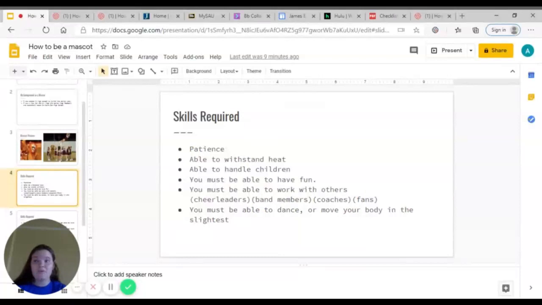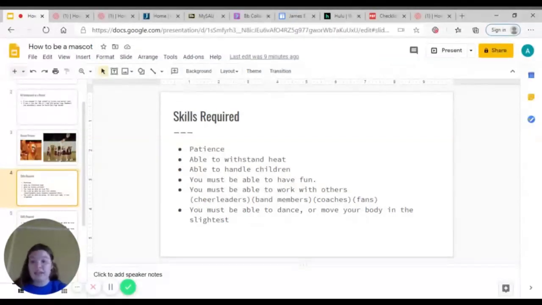I believe that whenever people think of mascot, they think that it is not that hard, and they often underestimate it. But you do have to have a lot of skills in order to become a mascot. You need to have patience. Dealing with kids especially will be difficult at times. I love kids, but they can be annoying at times because they're pulling on your tail, they're running away from you, they're slapping you, they're tickling you. So you need to have patience, and if you don't or cannot gain the patience for the job, then I wouldn't recommend becoming a mascot.